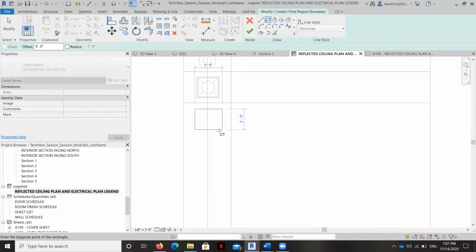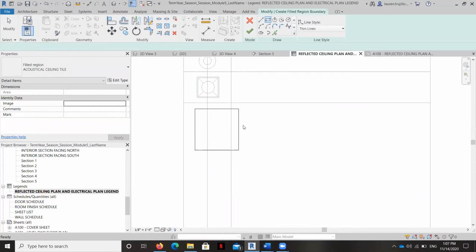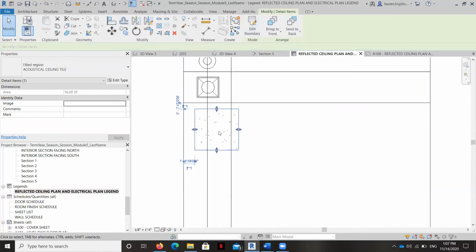And it's going to be 2 by 4 or 2 by 2, pardon me. Actually, let's do a 4 by 4 so that it'll show and look good for the acoustical ceiling tile. So we've got that. Hopefully it fits. Okay, so we've got a filled region for our acoustical ceiling tile, and it just barely fits.